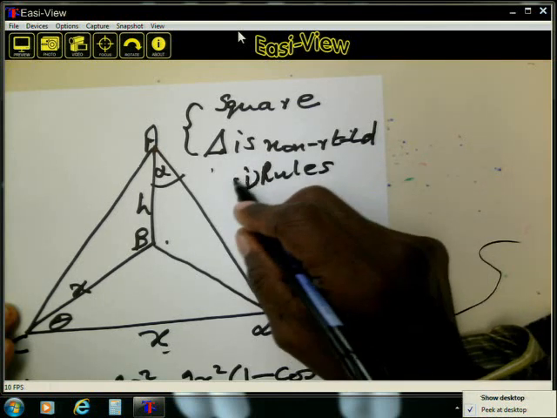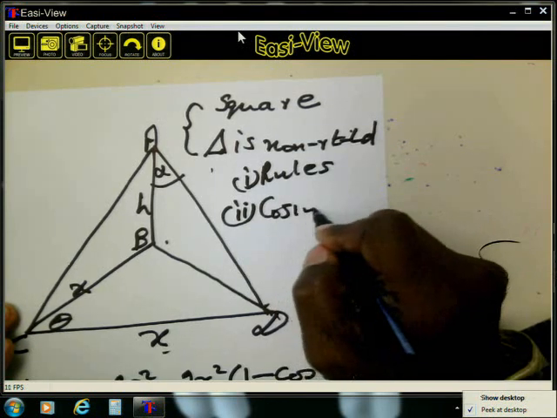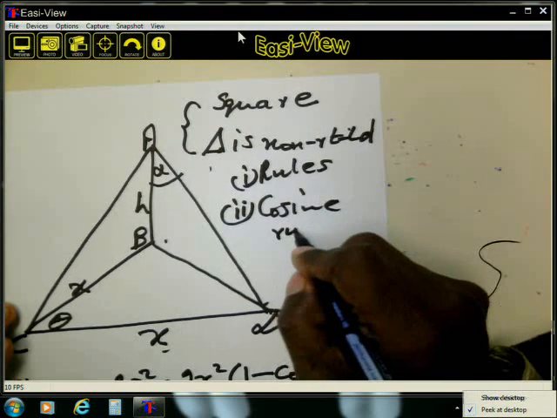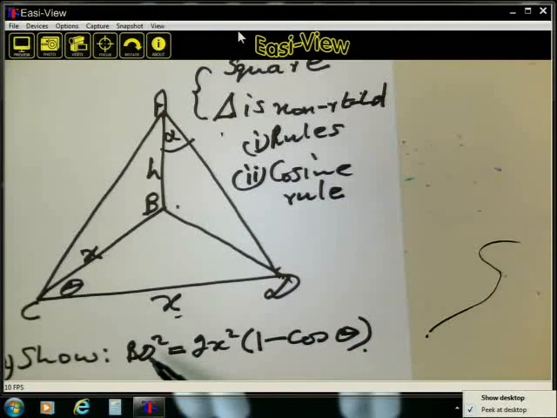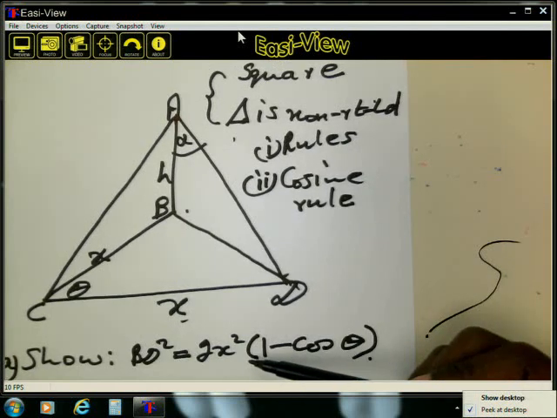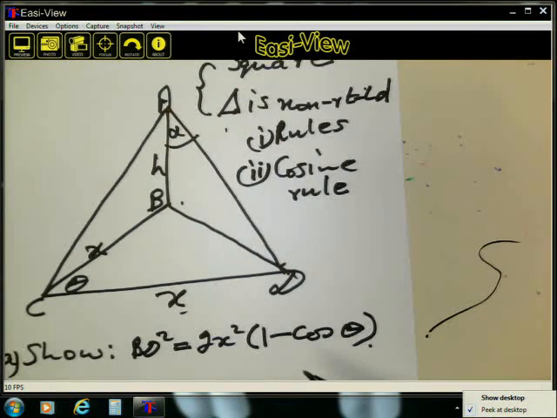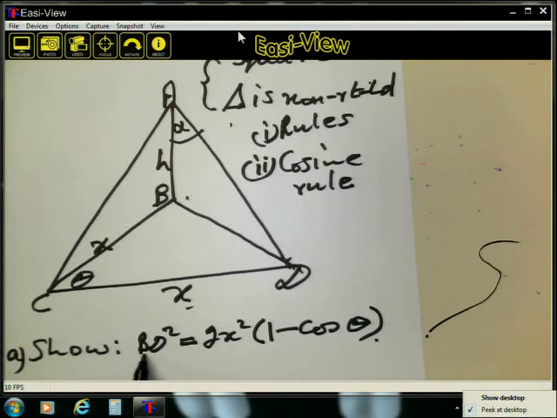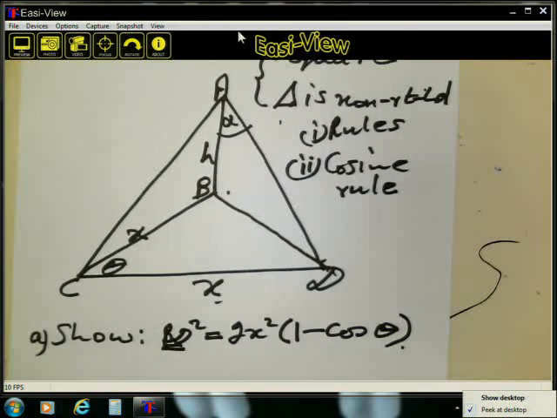Number one. Number two, which specific rule? The cosine rule. I said at the beginning, the square and the square root will immediately suggest to you what course of action to take. At any rate, the question itself is already written in terms of BD squared, so you don't have a choice,